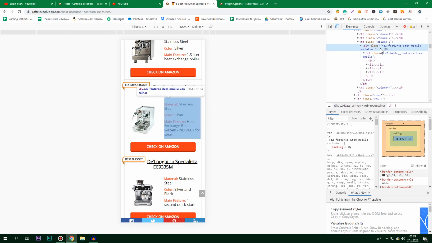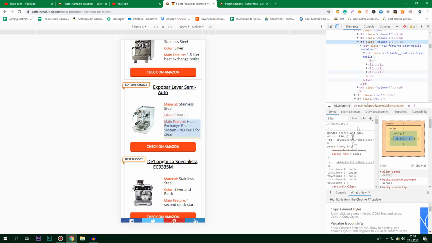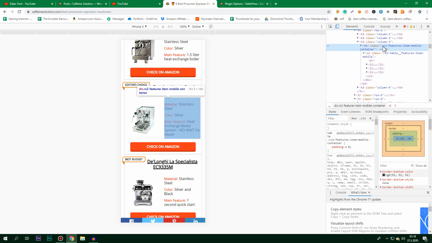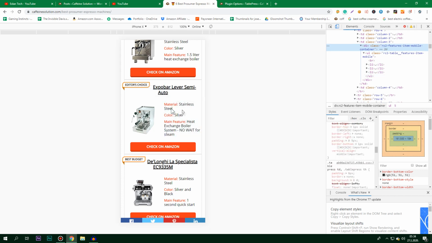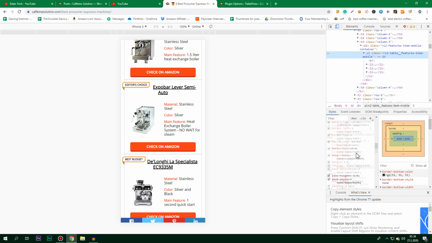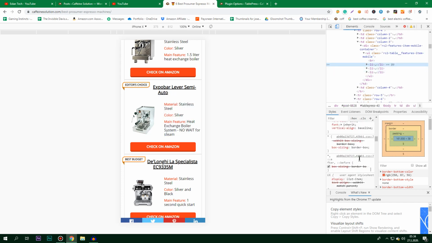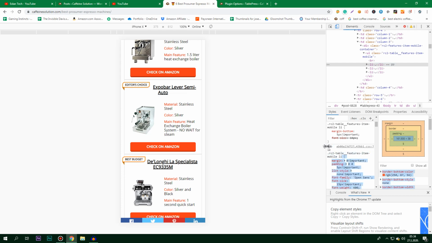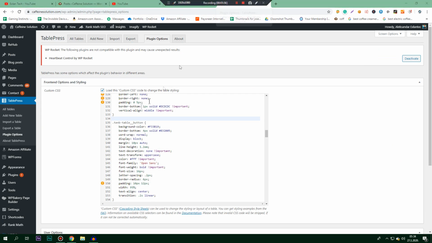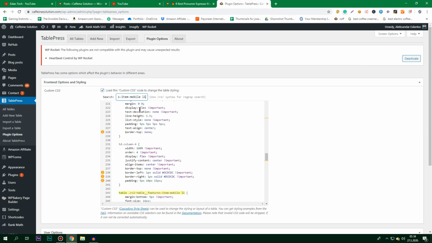I'm gonna click here, I'm gonna click on color free, I'm gonna click on features, I'm gonna scroll down and find where I can find the color for it. I do not see the color anywhere, so I'm gonna keep looking for it, and we found it. So basically now you have to copy this code, Ctrl+C or right click and copy. Then what you're gonna do, Ctrl+F, then find it,